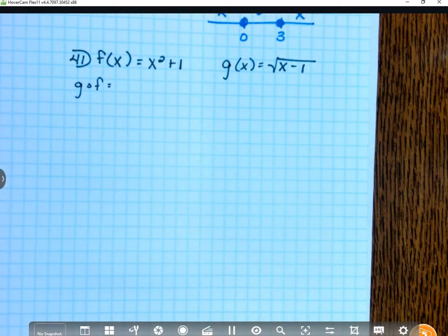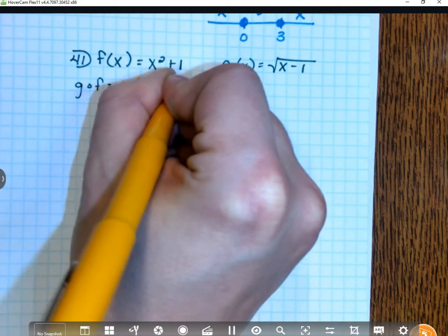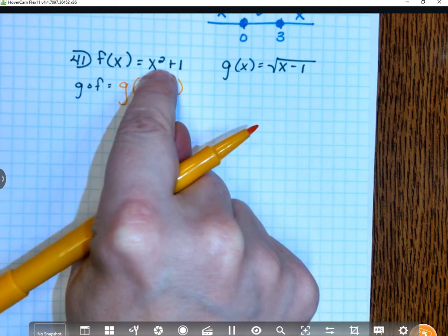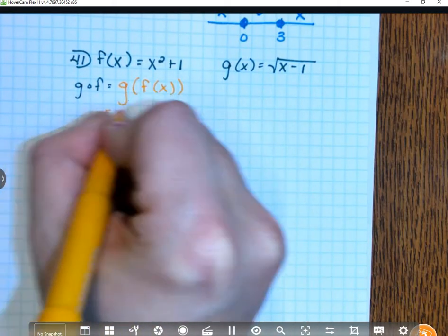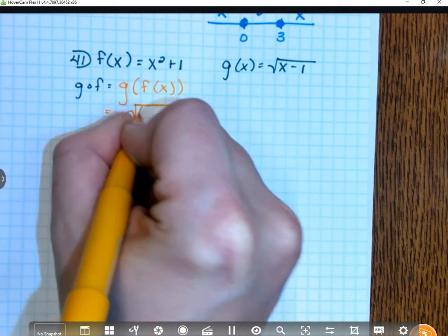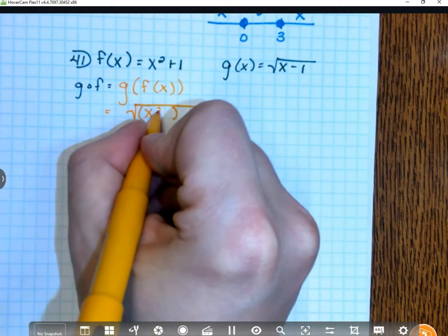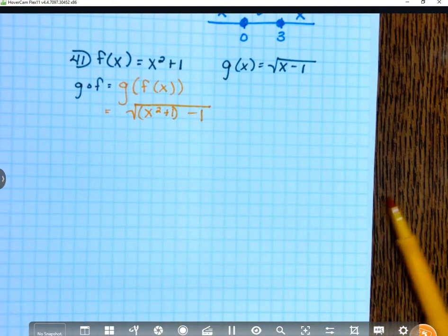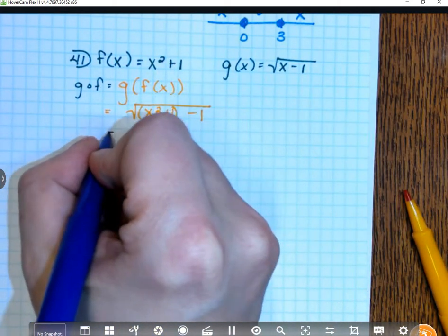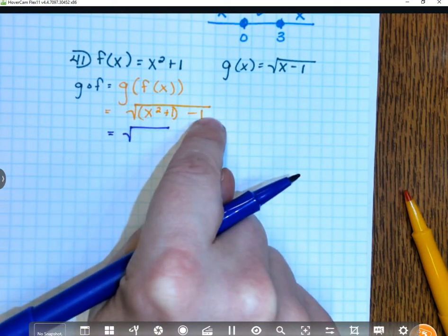So first off, for g of f, that means g, and in goes f. Are there any restrictions for f? No, so I'm not going to worry about that. So now I'm just going to continue on with my problem. That means I'm going to take g, and in it is going to... No. 1 minus 1, which cancel each other out,